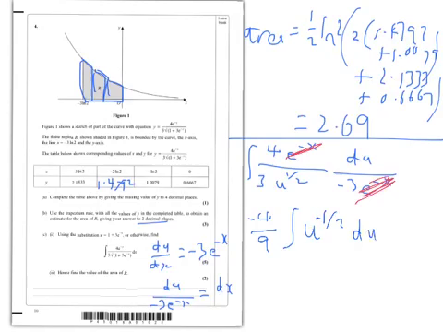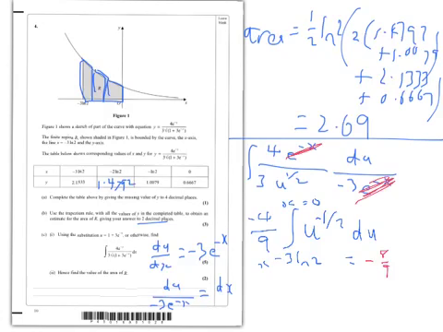And integrating u to the minus a half, we're trying to find the exact area, so the exact area goes from minus 3 log 2, that's an x value, so minus 3 log 2 is an x value. I'll sort of worry about that later, I suppose. So x equals minus 3 log 2 to x equals 0, just so I remind myself that those are x values. Now this becomes, I'll change colour so it's a bit more clear what I'm doing here, this becomes 8 ninths, well, minus 8 ninths u to the half,